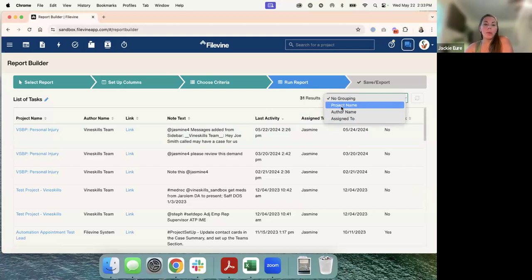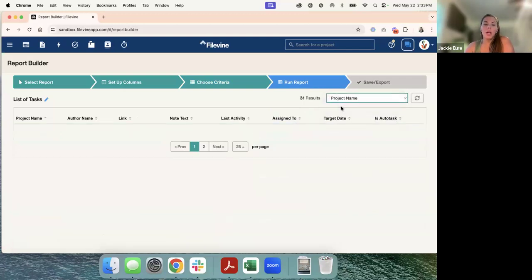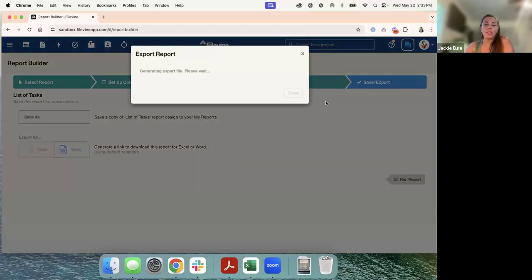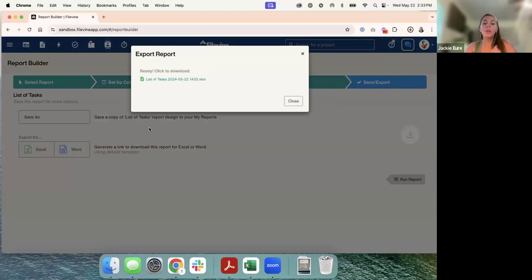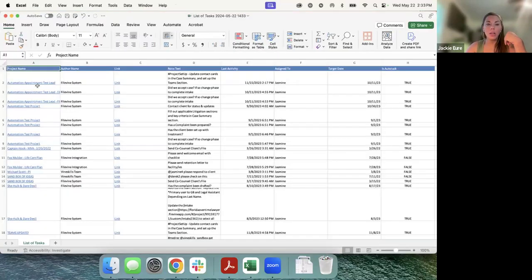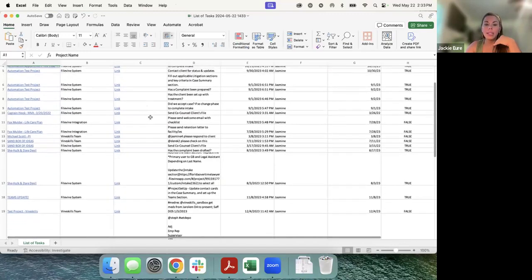So I want mine grouped by project. Okay. And then export it. And then from here, rather than looking at that task list on the Filevine screen, I can see here where I may need to